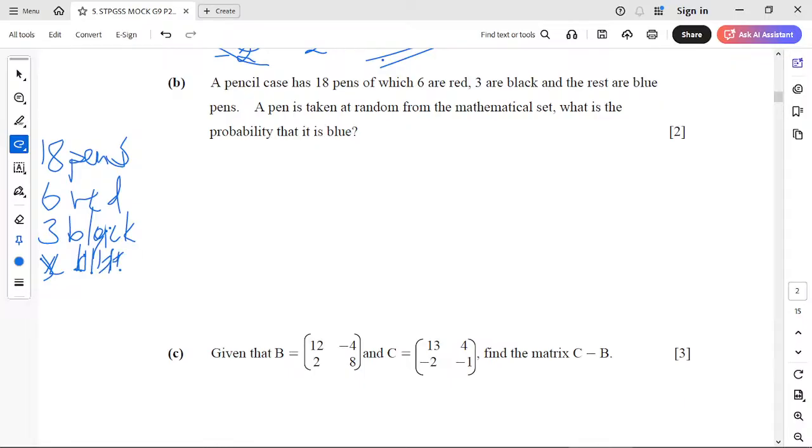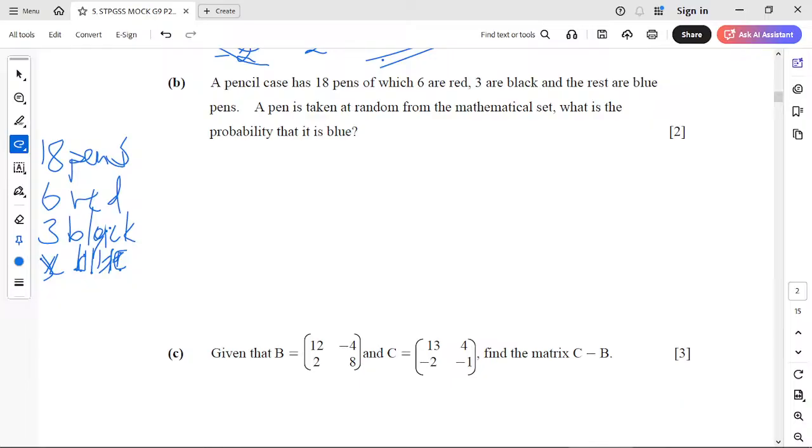Now, when you look at this information given, when it comes to the question, they're asking us to find the probability that it is a blue pen. Look at that, we don't know how many blue pens there are. And then they want us to find the probability of picking a blue pen when we don't even know the number of blue pens in the bag. So the first thing we're going to do is find the number of blue pens that are